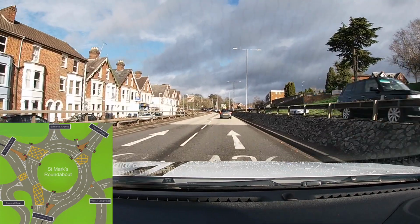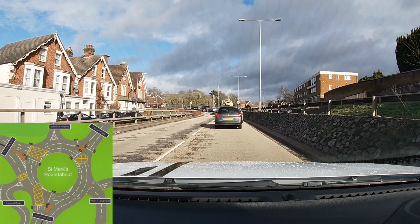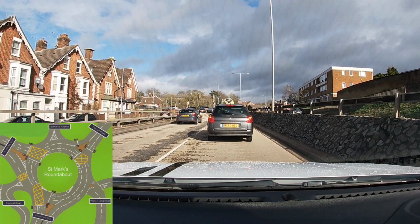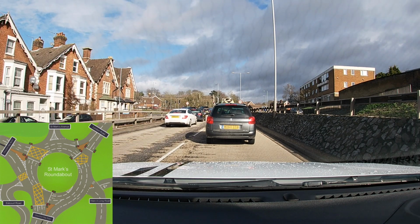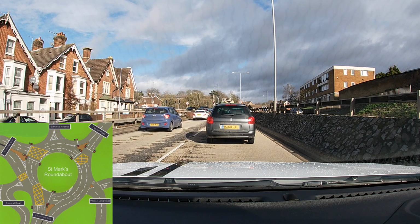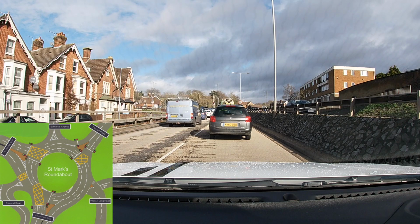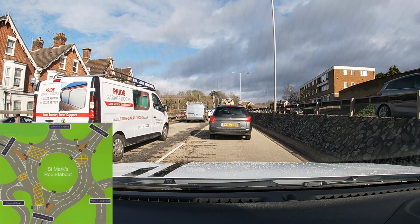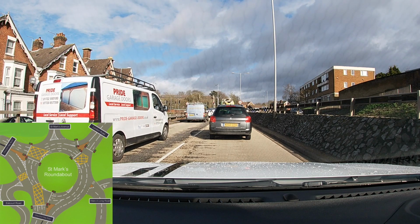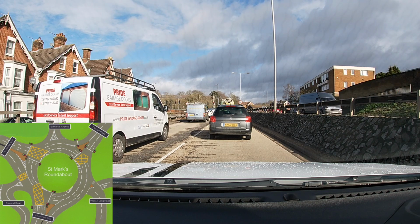What you'll notice as we approach the roundabout a little bit closer is we've currently got 2 lanes, and a 3rd lane will appear on the extreme right. Now, we're taking the London Road, and for that, as we've been advised, we need to use lane 2. But if we were going to take the next exit, which is Wain-A-Long Road, which is a common route back to the driving test centre, we would have to move to the extreme right-hand lane and go to the centre disc. But for clarity, our intention on this pass is to go to the London Road, so we will remain in what becomes the centre lane